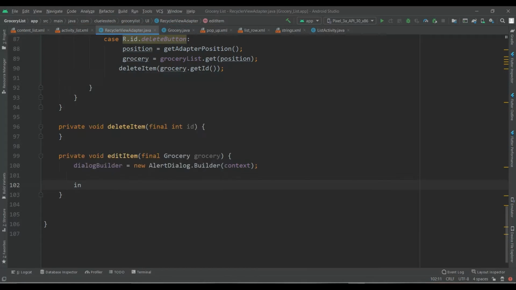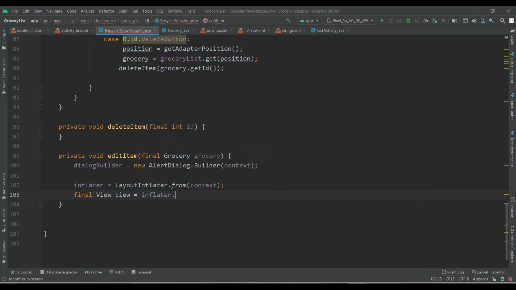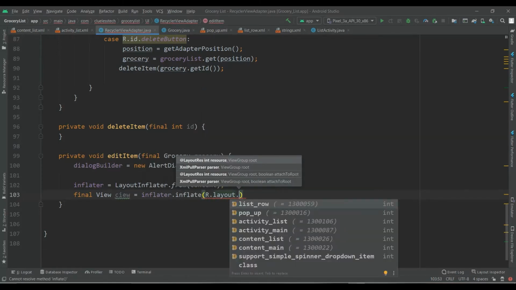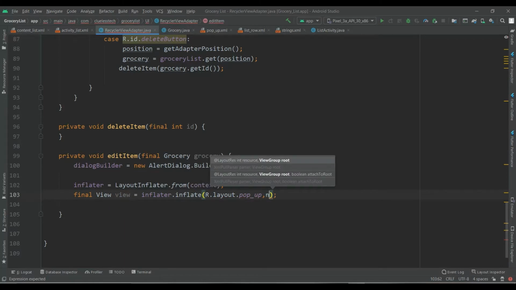Now, with the help of the layout inflater, we will inflate this layout: LayoutInflater.from(context), and now final View view equals inflater.inflate(R.layout.popup, and the view group is null.